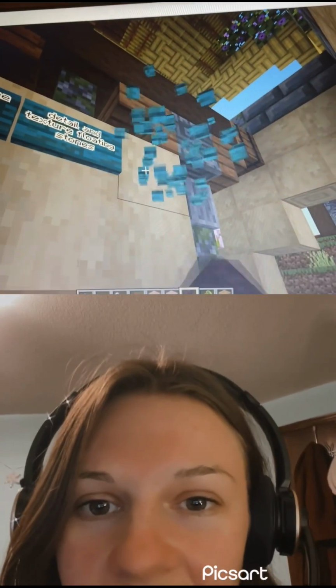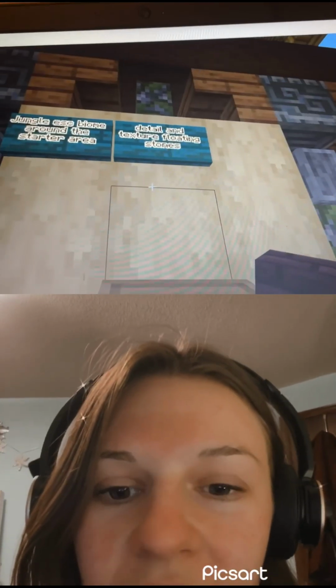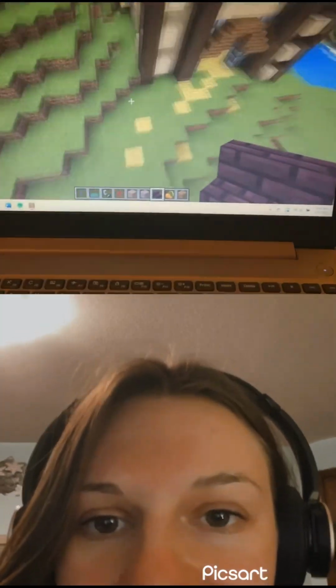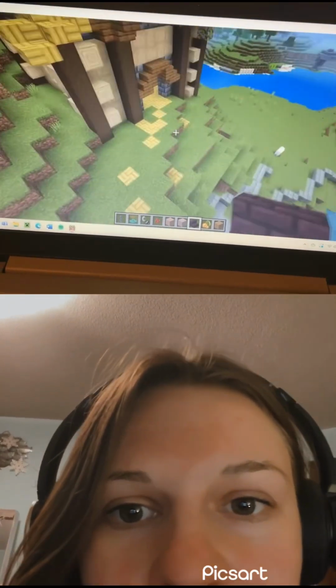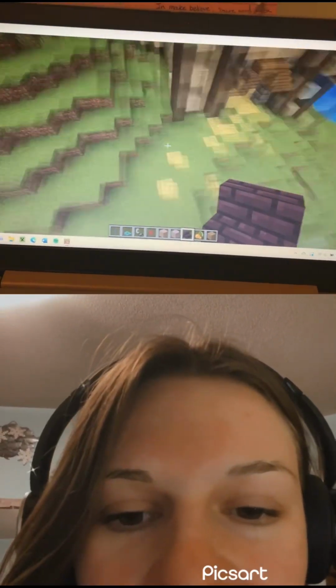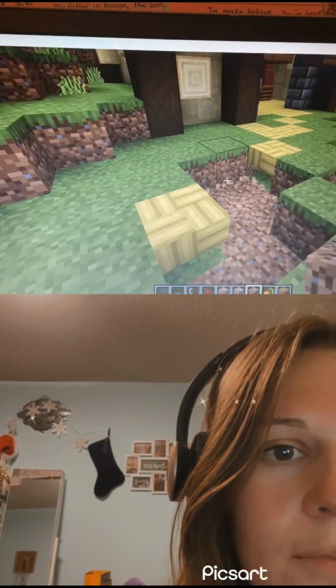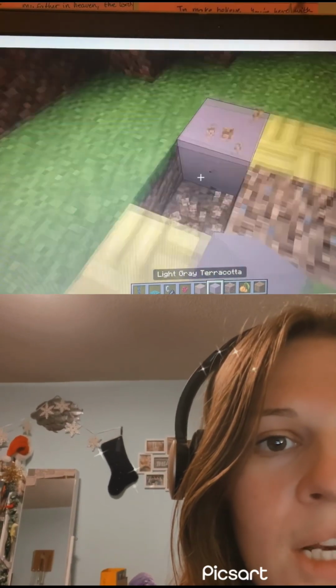And we did find some sort of sigil or symbol to put on those stones. We're still working on detailing and texturing them though. Since I'm out here and looking at it, I'm gonna go ahead and extend some of that path up here real fast. For the path, I'm using a mixture of coarse dirt, light gray terracotta, which has kind of that